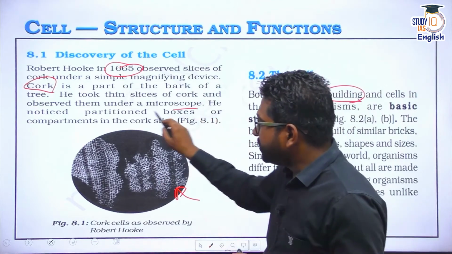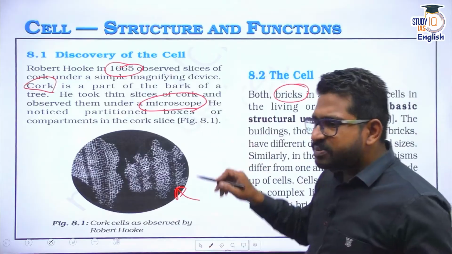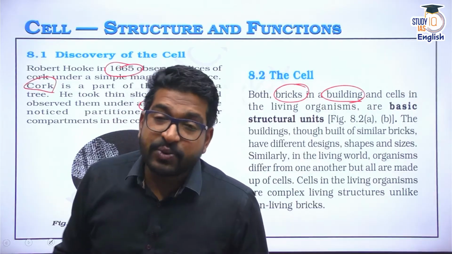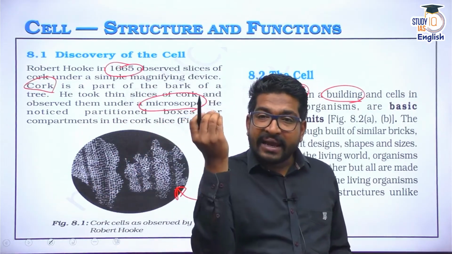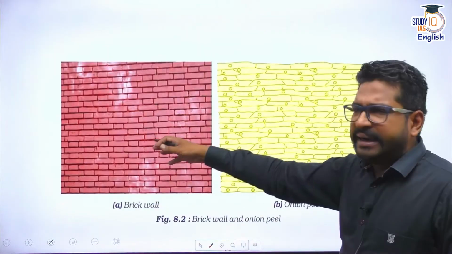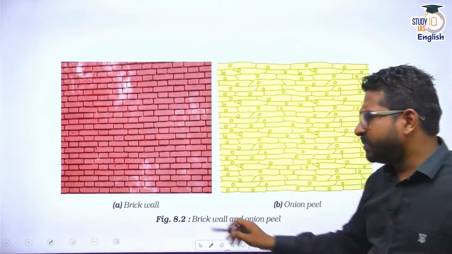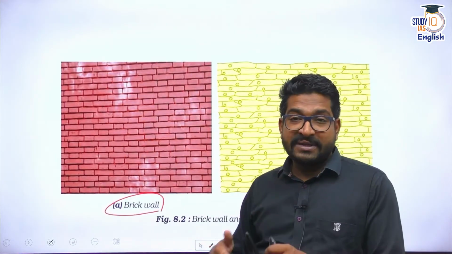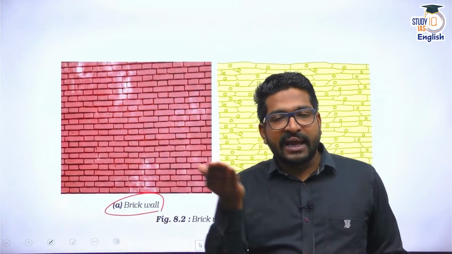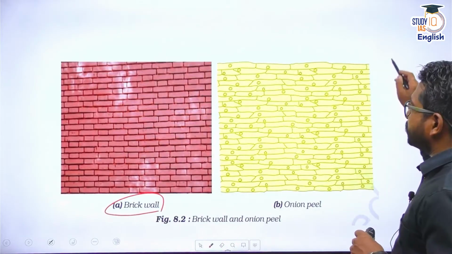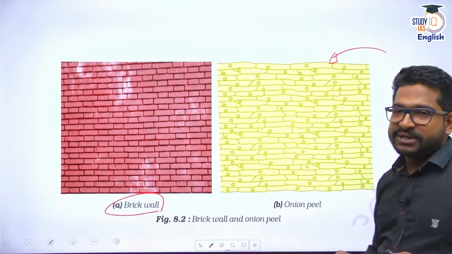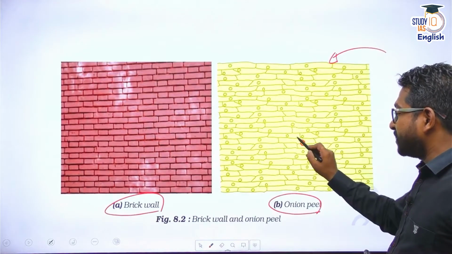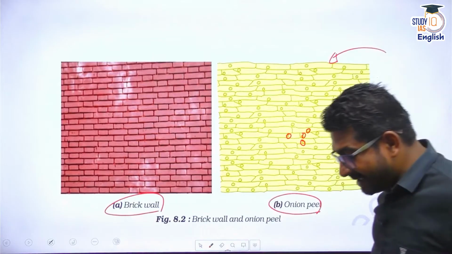Then he saw the same thing under microscope and observed that it is very similarly made up of a kind of brick like structure. That's why whenever we talk about cells, cells are like the bricks of a building. That's the building, right? That's the compound or a wall that we construct, a brick wall. Now if you take onion, we consume onion every day in our vegetables, in the sabzis, etc. So if you take a slice of onion and if you observe that under the microscope, you will find a very beautiful brick like structure. The onion peel is very similar to brick wall construction. Of course, you are seeing something round here in each and every brick or in each and every cell. That's the nucleus.